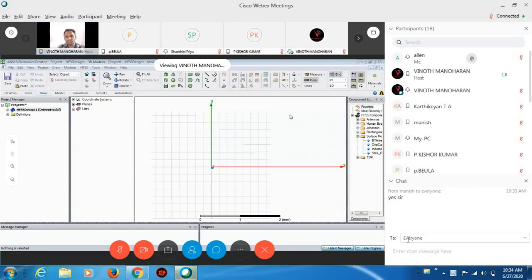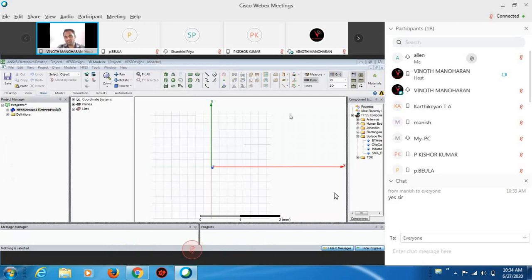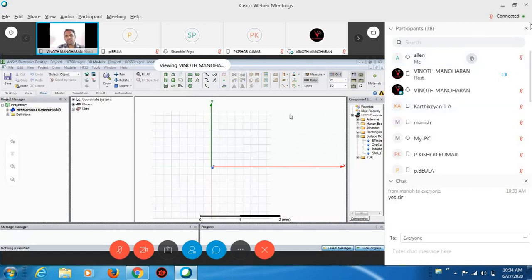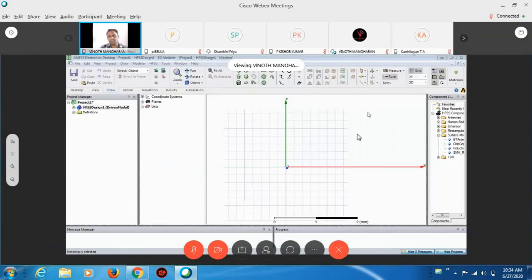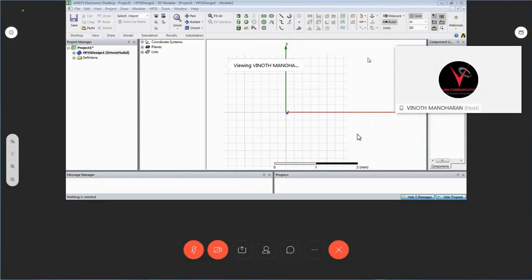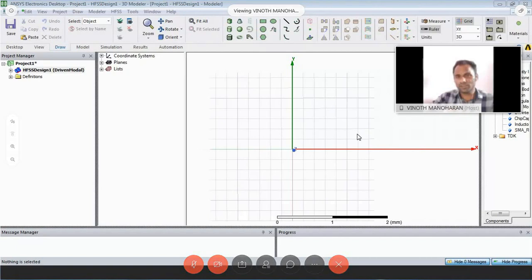Okay. I think yesterday our team members shared formula sheets in the group. Those are basic formulas, transmission line oriented formulas for how to design an antenna or microstrip filters or whatever it is in EM based devices. We need to consider those basic formulas. And those formulas have two categories.